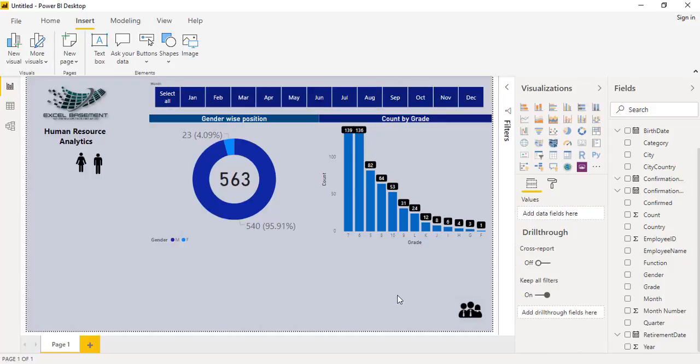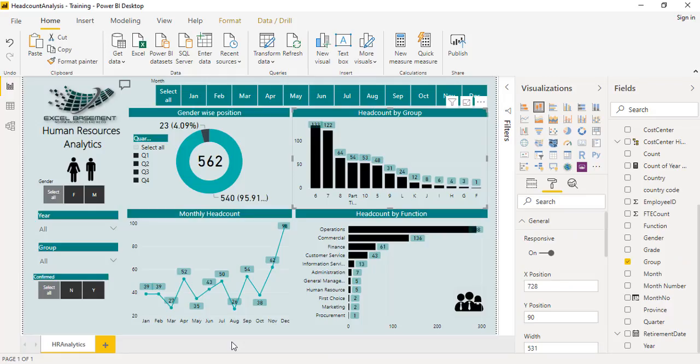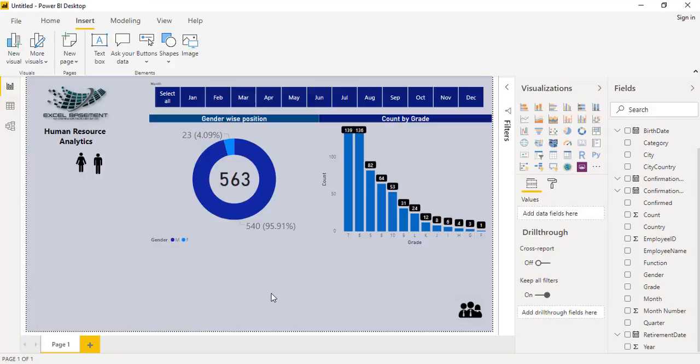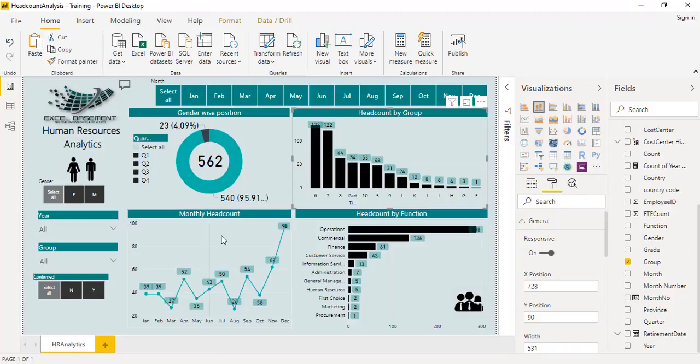So now you can see that slowly and gradually we are moving forward towards this kind of dashboard, and I think it's super easy as far as we have progressed till yet, right? Next, we have two more charts on this canvas. One is the line chart, which shows the monthly headcount, and then the headcount function wise, department wise, as you can say. And then we have some of the slicers as well,